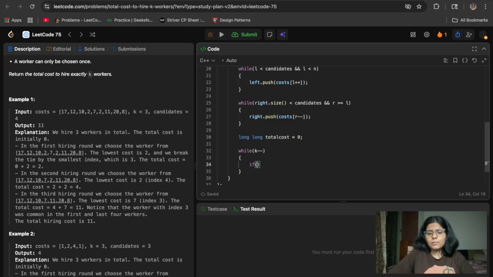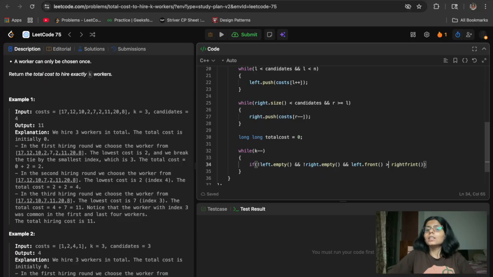So I will say my left isn't empty and my right also isn't empty, and my left dot front is greater than right dot front, or equal. I can also say if the left one is less, right?